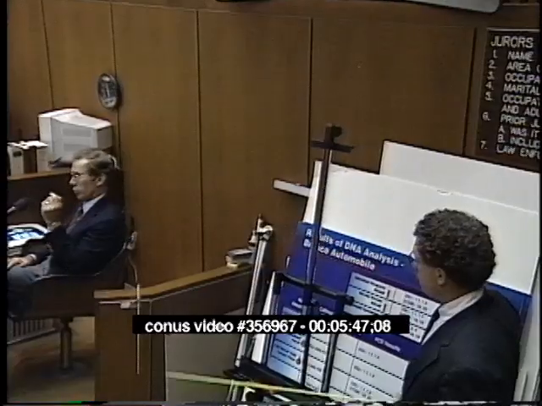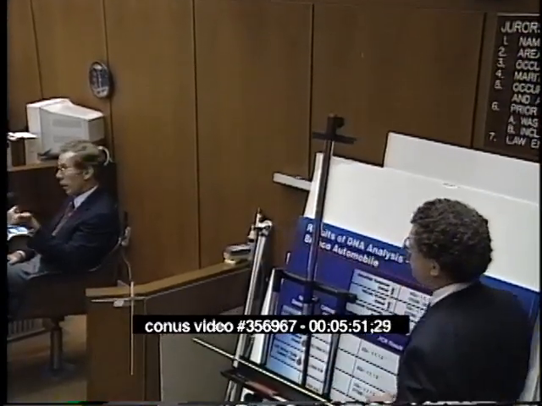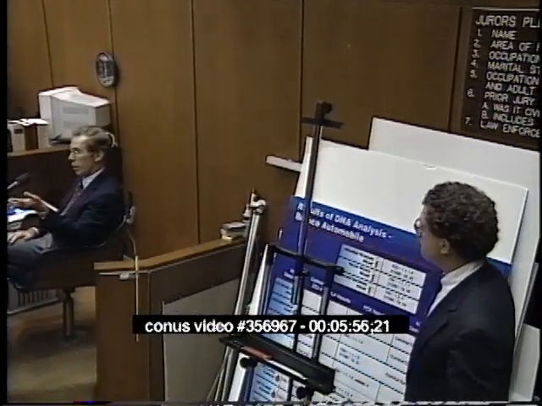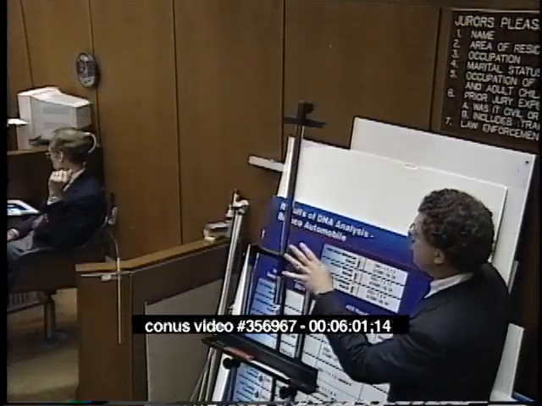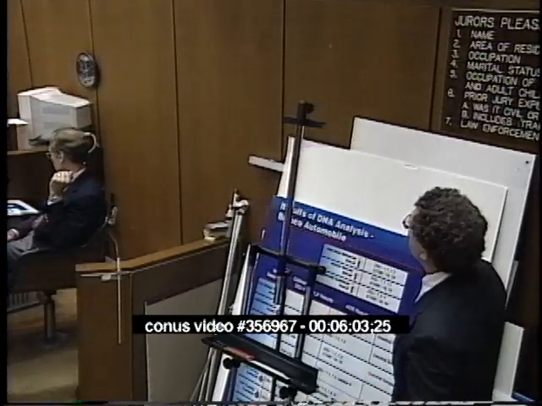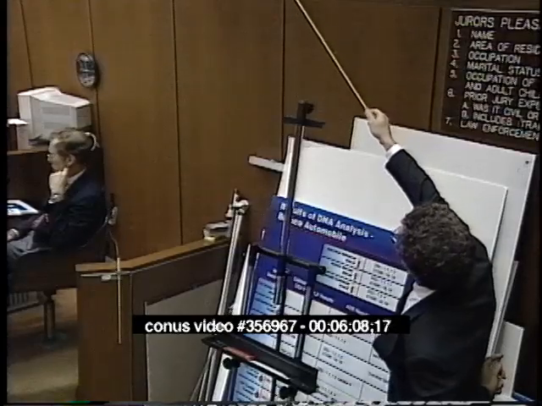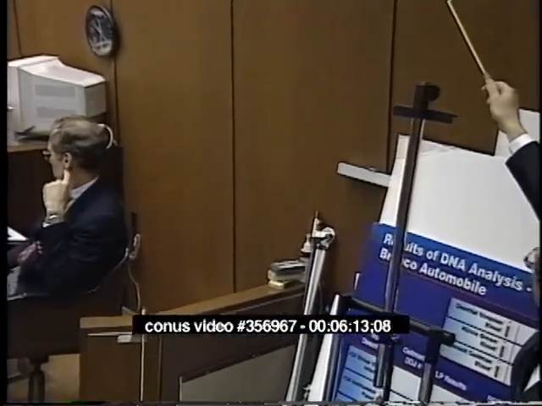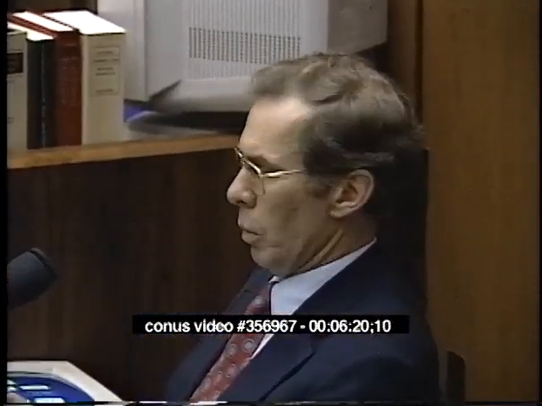Yes, if the person was a contributor to the mixture and they gave a 4, they must have a 4, and they must not have anything other than what we see in the mixture, so that's correct. Okay. And again, relying on the Cellmark tables in front of you, sir, are the frequencies that I have here for somebody who has a 1.14 genotype correct for the 3 different databases, namely 9.5%, 7.7%, and 9.9% of the population? Well, they're in a different order.